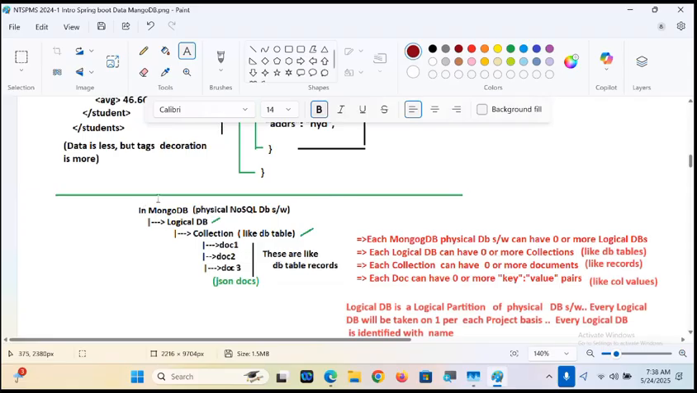In MongoDB, physical database software is there. In that one, logical DBs will be there. In a logical DB, collections will be there. Inside the collections, documents will be there. So that means,